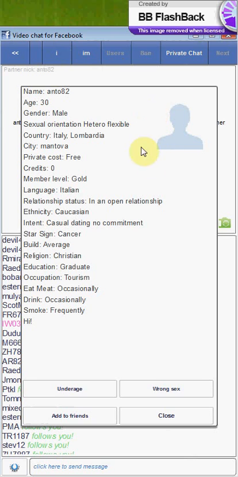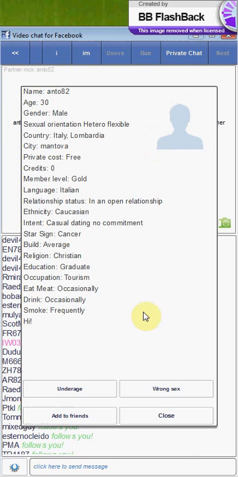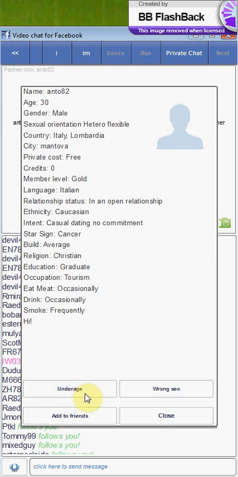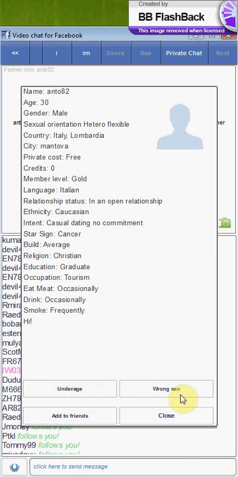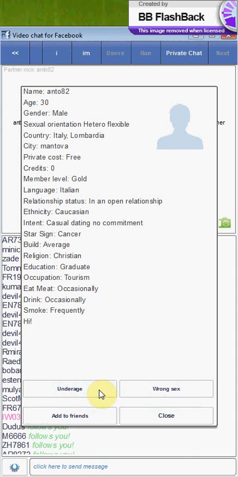If you have the photos, you can see the photos here. Also, at the bottom you can see the two buttons. Button number 1 is underage. Button number 2 is wrong sex. It means that you can send reports to the administrators if you think that this person is underage or